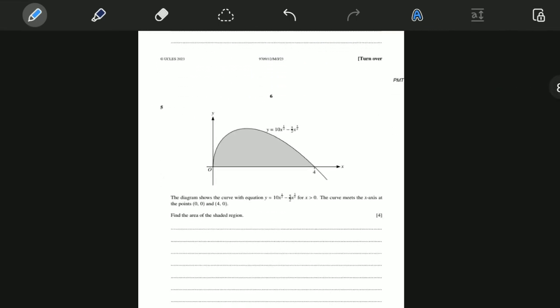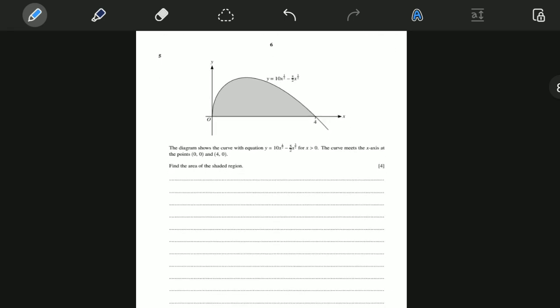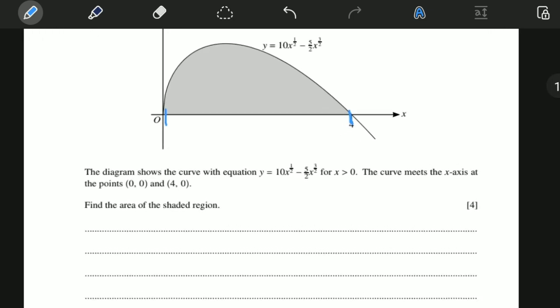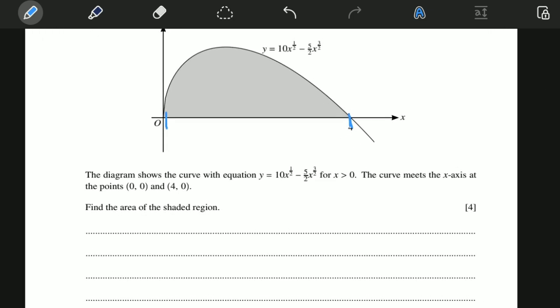Now question 5. Okay, so the diagram shows the curve with this equation for x greater than 0. The curve meets the x-axis at points (0, 0) and (4, 0). Find the area of the shaded region. We know the area of the shaded region is the area under the curve, and we find it by integrating between the limits, and we see that it is between 0 and 4. Okay, so integrating this,